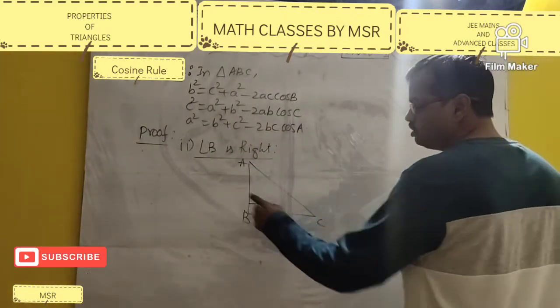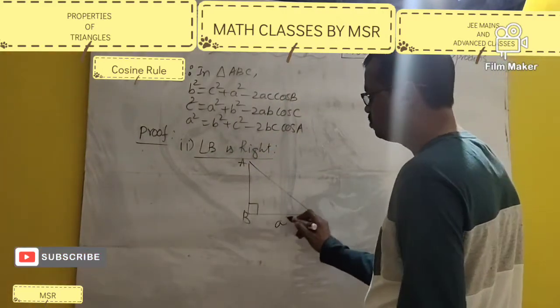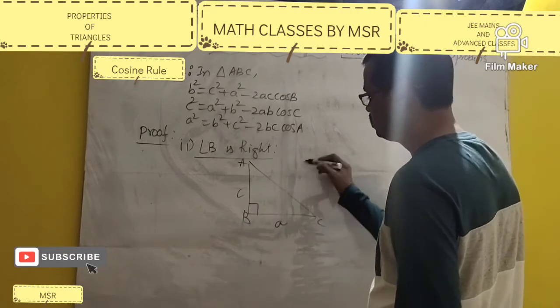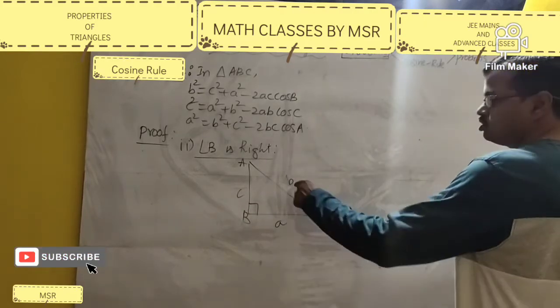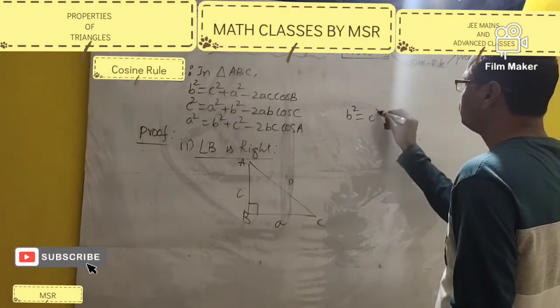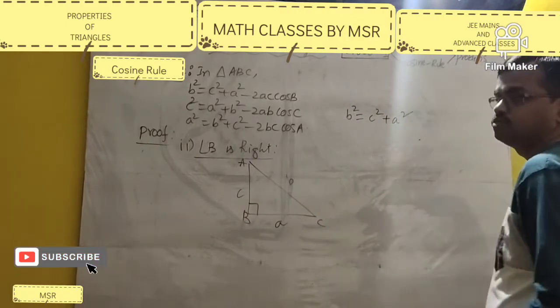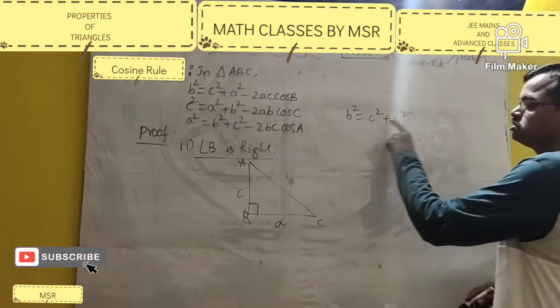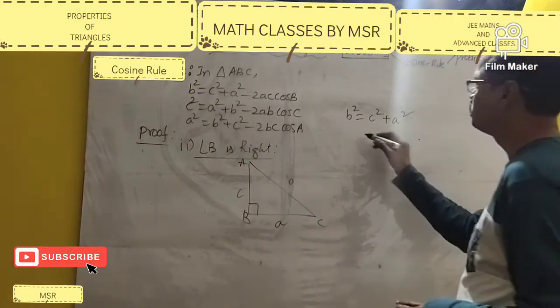AC² = AB² + BC². BC length is a units, AB length is c units, AC length is b units. So b² = c² + a². So this I will write as